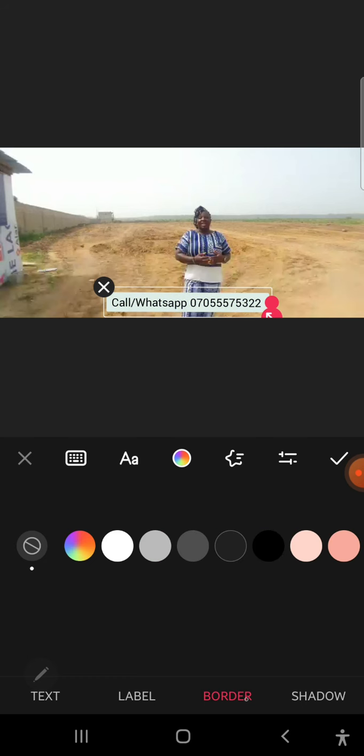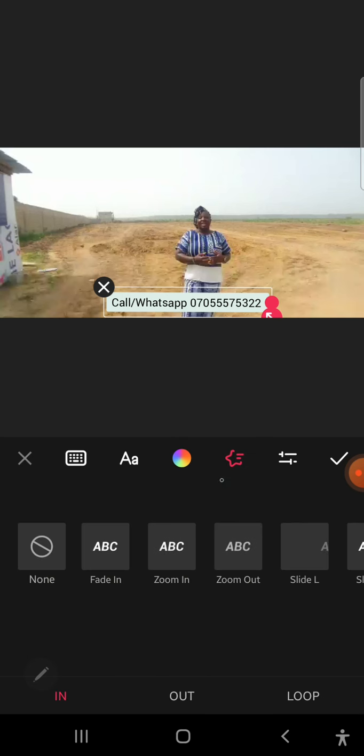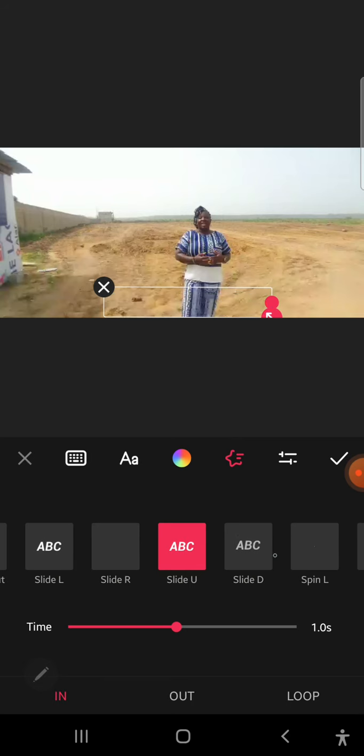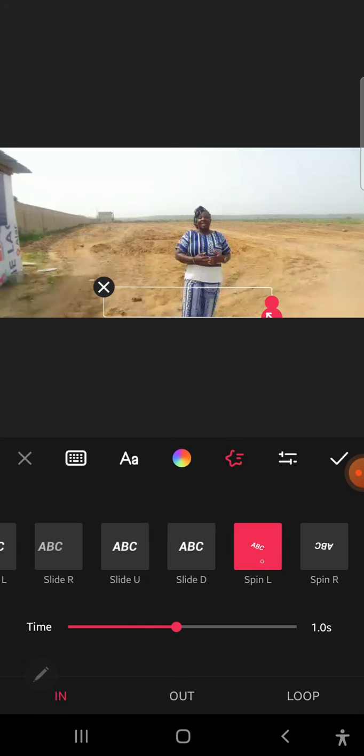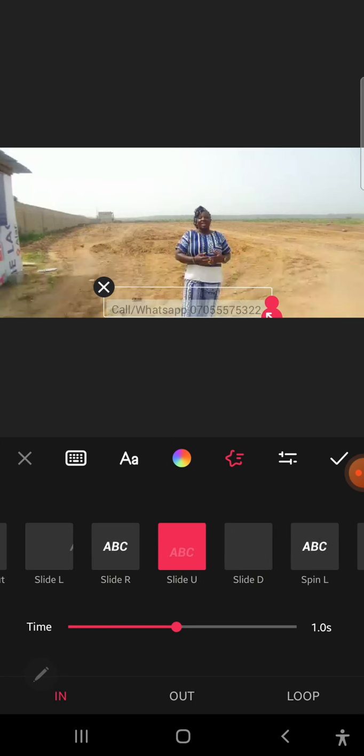You have this boundary here, you have shadow, any one. You could just play around with this to see how it all comes out good for you. So you have color, then you have animation. If you want the writeup to pop up from the bottom or come from the top to roll in, just put some small animation. You can always play around with this. I think it popping up from the bottom looks cool, so something like that, and then you click on your